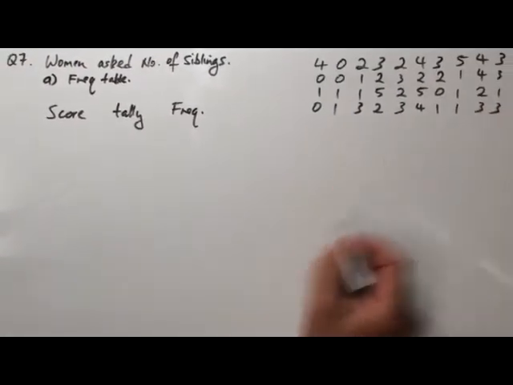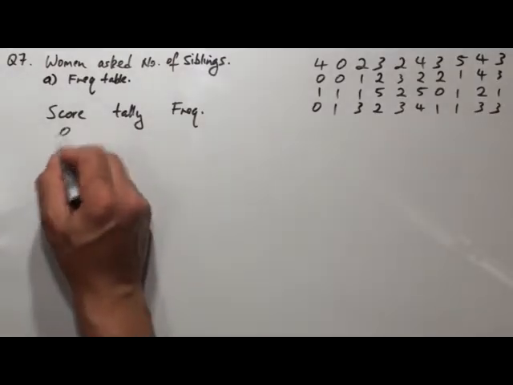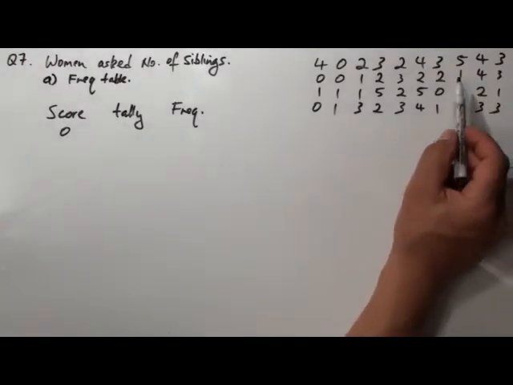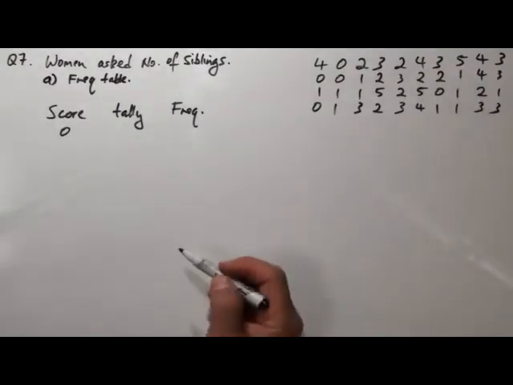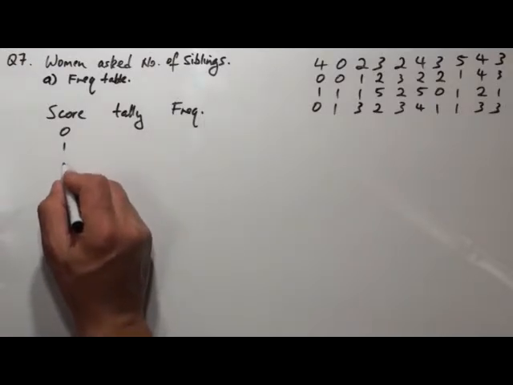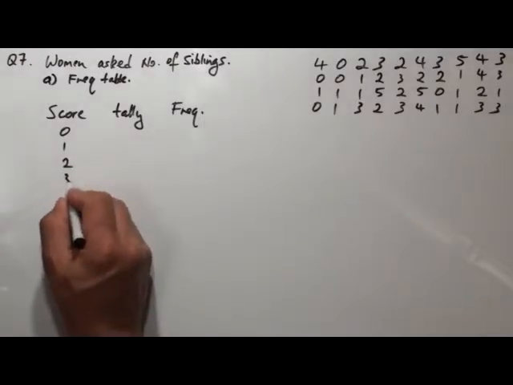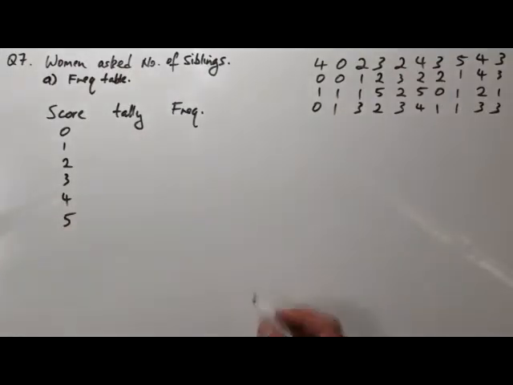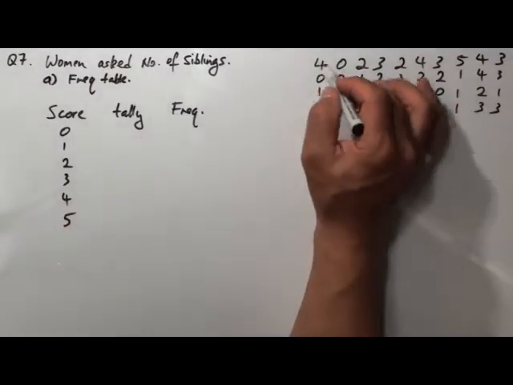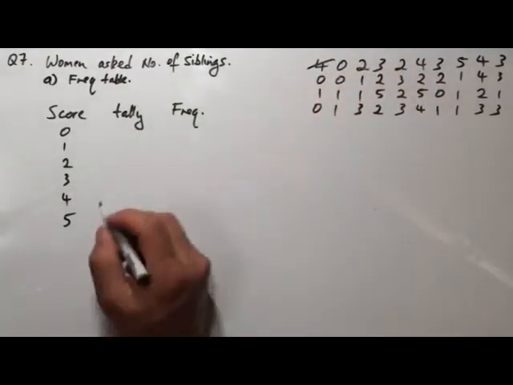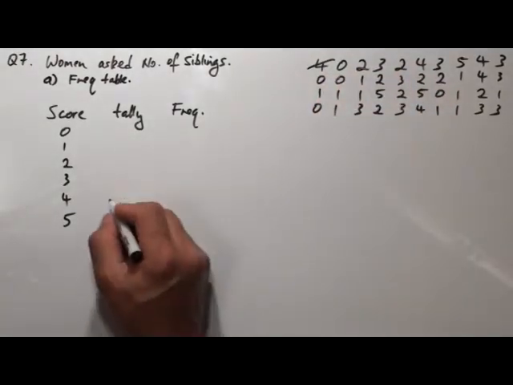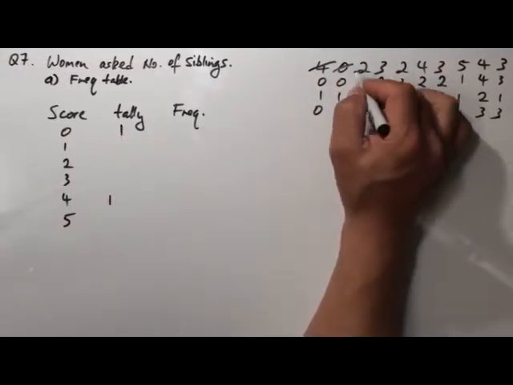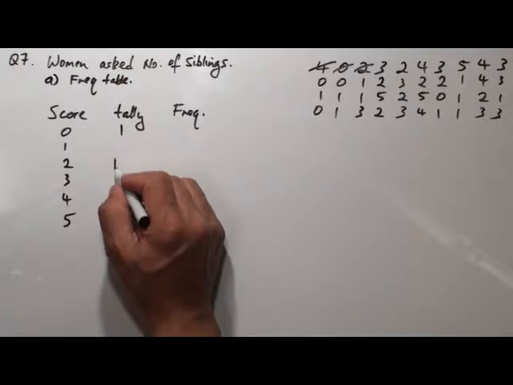So when you look at your data here, you can see that we're starting with 0, and it looks like we're going right up to 5. So we'll put 0, 1, 2, 3, 4 and 5. And what we want to do is go around and count each one of these and mark them in our table. So I've got 1, 4, 1, 0, 1, 2,